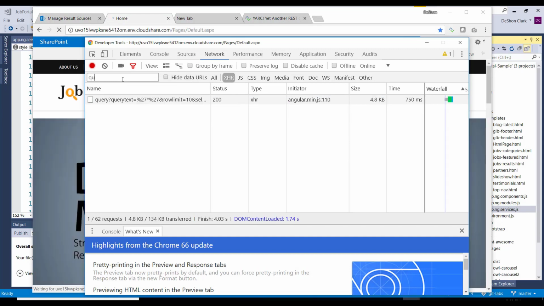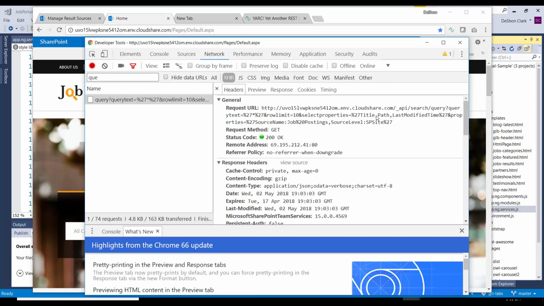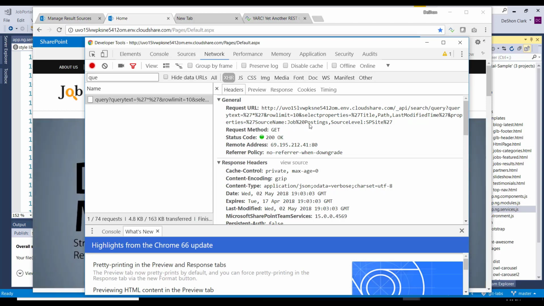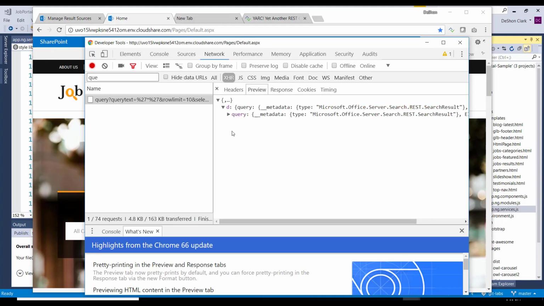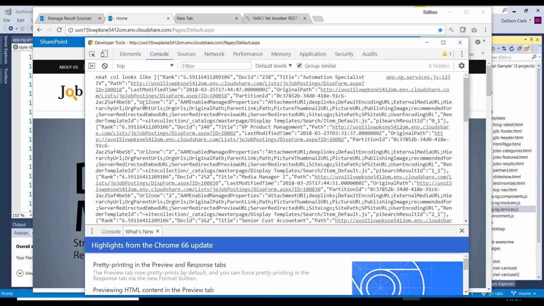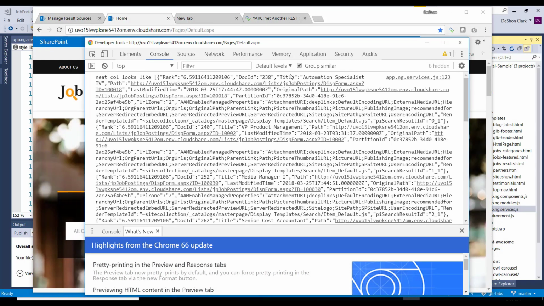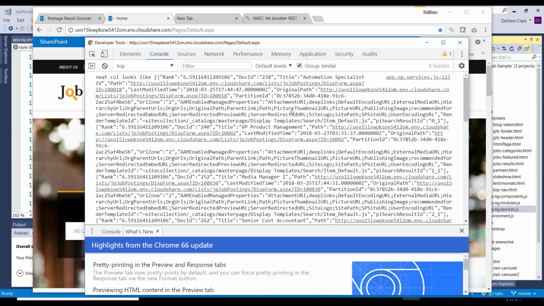And if I do a filter on query, if I take a closer look at this one, let's see what that request looks like. This is by title, path, and last modified, and then the source name is set to our result source, and that so far looks perfect. If you look at the result set, I can drill in that way, but I prefer to look at the nice, pretty code. So that's the title, the doc ID, the path, the rank, the original path, and we're still getting, this is interesting, we're still getting